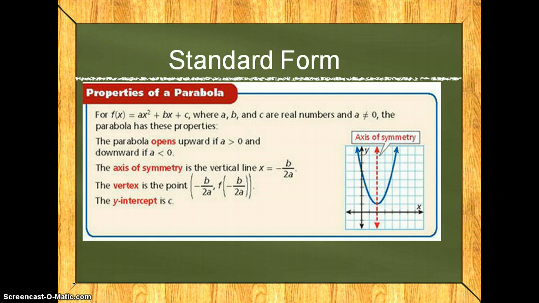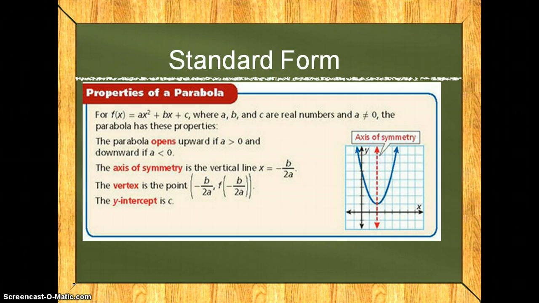So properties of standard form. For f of x is equal to ax squared plus bx plus c, where a, b, and c are real numbers, and a is not equal to 0, the parabola has these properties. First, it will open up if a is greater than 0, and it will face down if a is less than 0. The axis of symmetry is the vertical line x is equal to negative b divided by 2a. The vertex is the point negative b divided by 2a, comma, f of negative b divided by 2a,